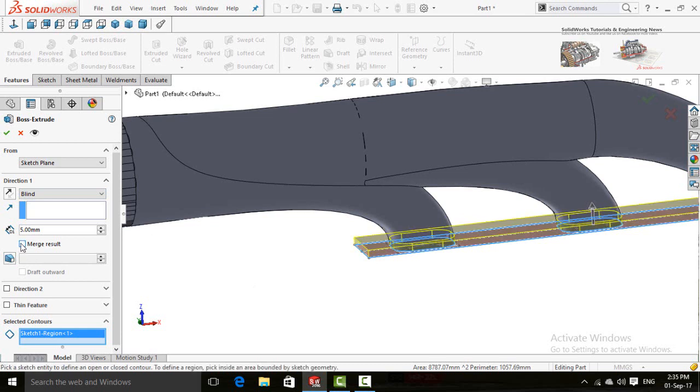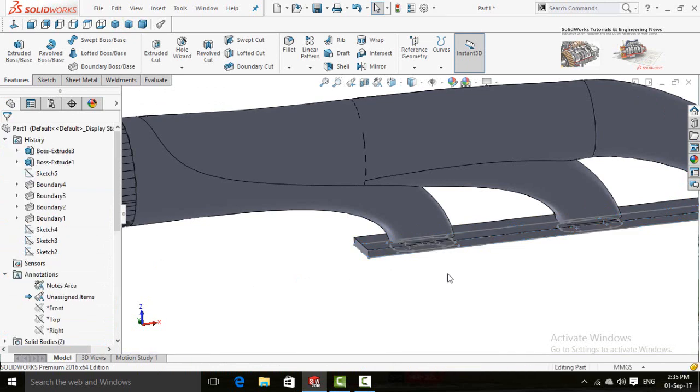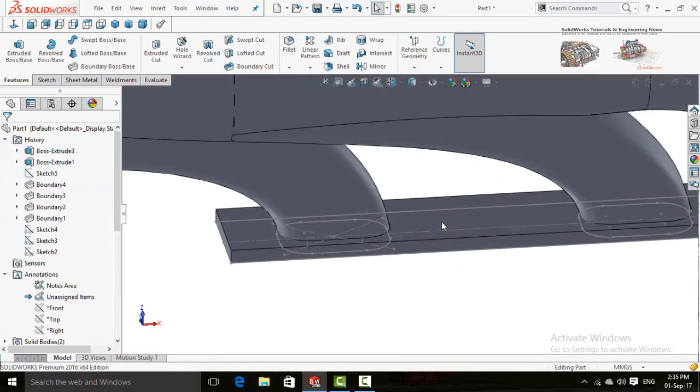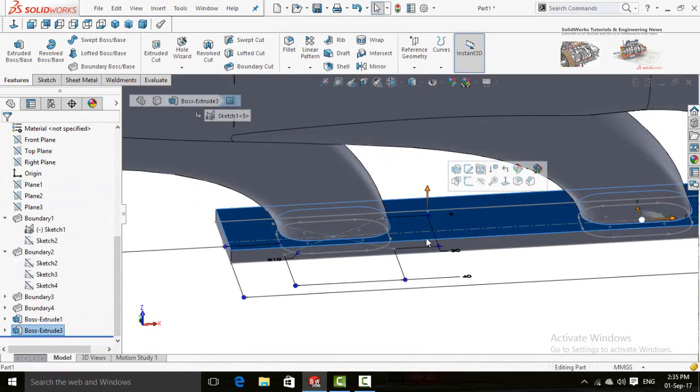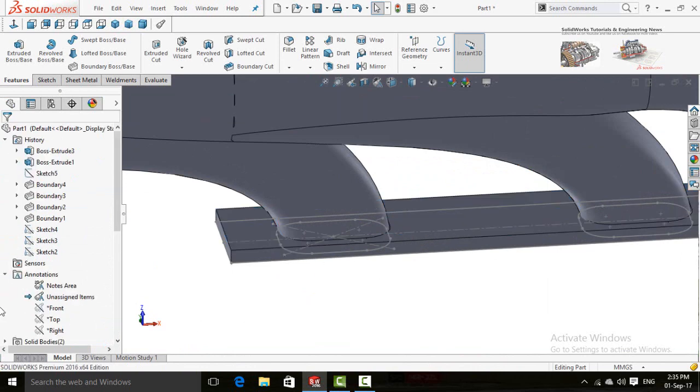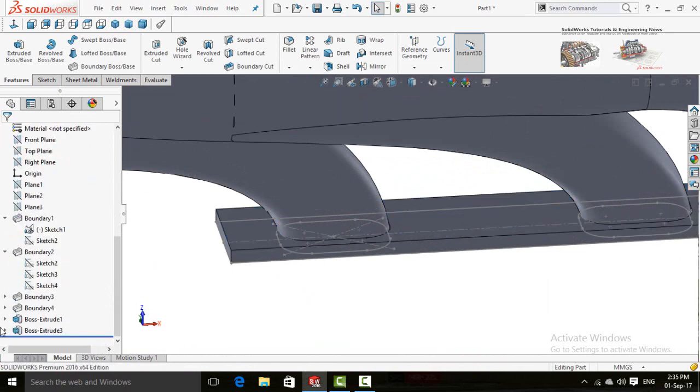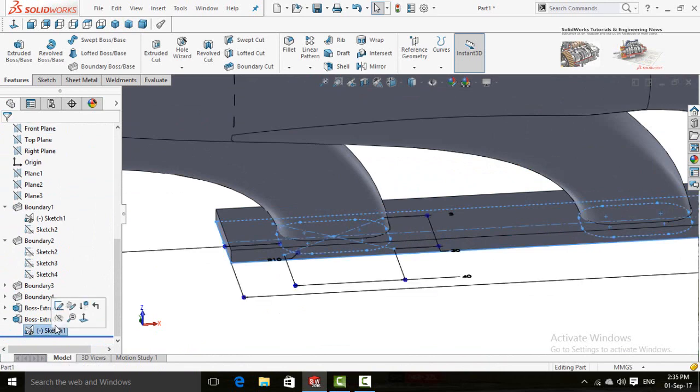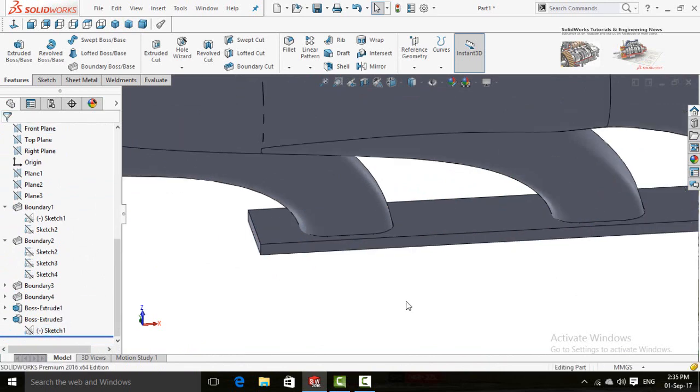Uncheck this box, merge results. Now press OK button. Now click on this line, or from here select this sketch and hide it.